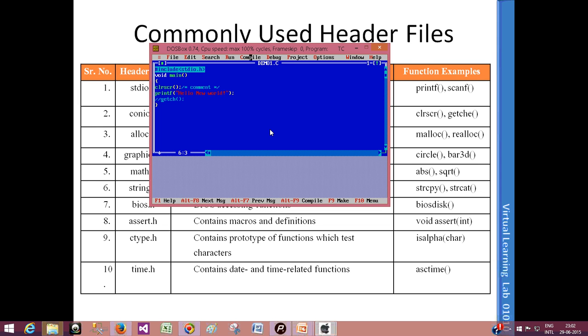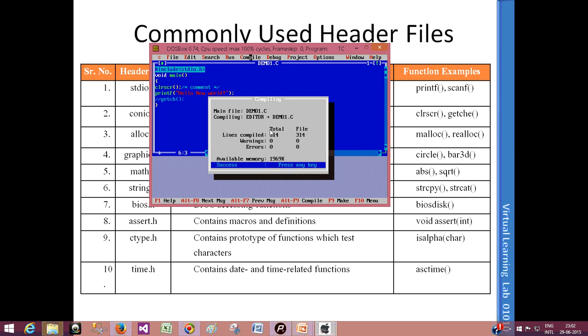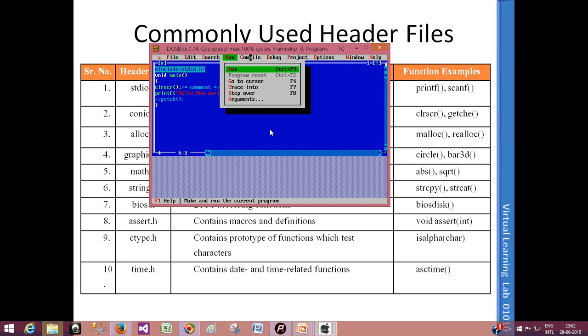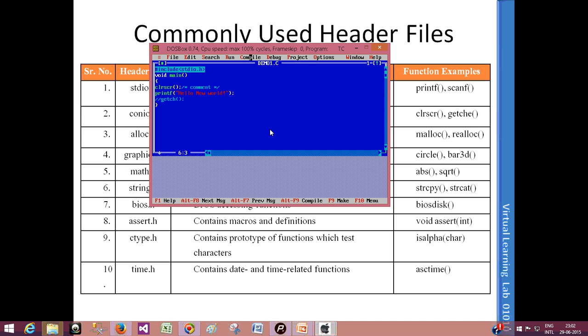And if you're not using getch, we can use double slash for making comments. So I say compile, and then I run it. It will not wait for you for displaying the result, though the result has been published earlier. So if I say let me see the last output also, I say I don't want the clrscr function to be executed. I say new world